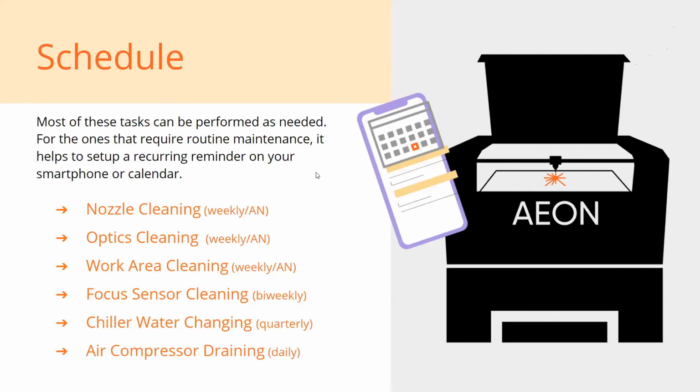And then that focus sensor I talked about, I had that in there as bi-weekly, just to check and clean. Again, we're being overly cautious here, so you don't have to obsess over this. Just be on the lookout for signs of, hey, I need to clean that, it's looking a little dirty. Now, changing the water in the chiller,